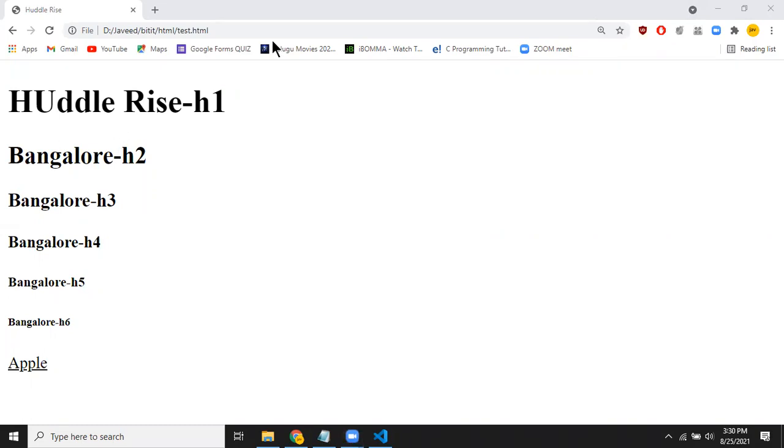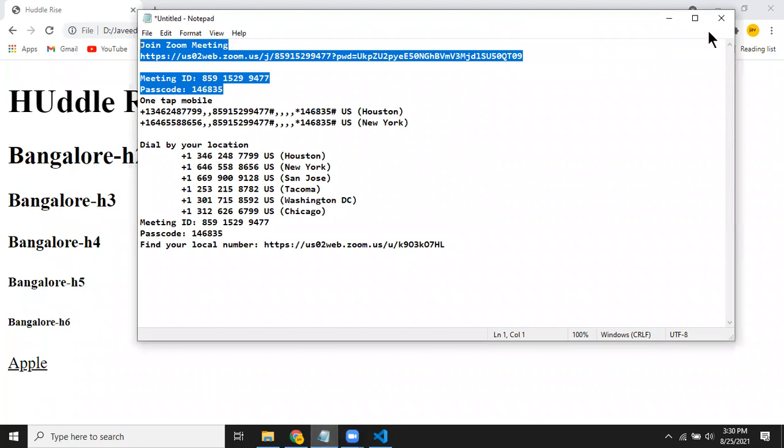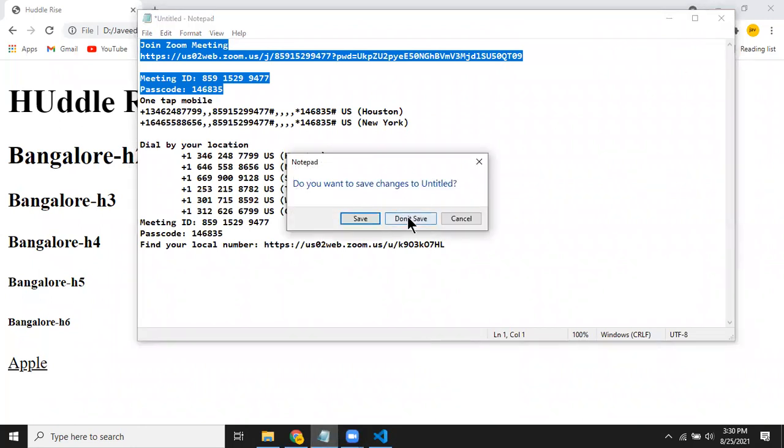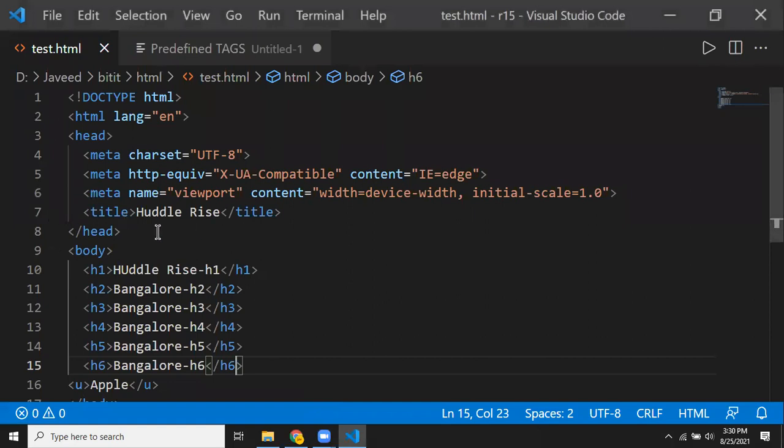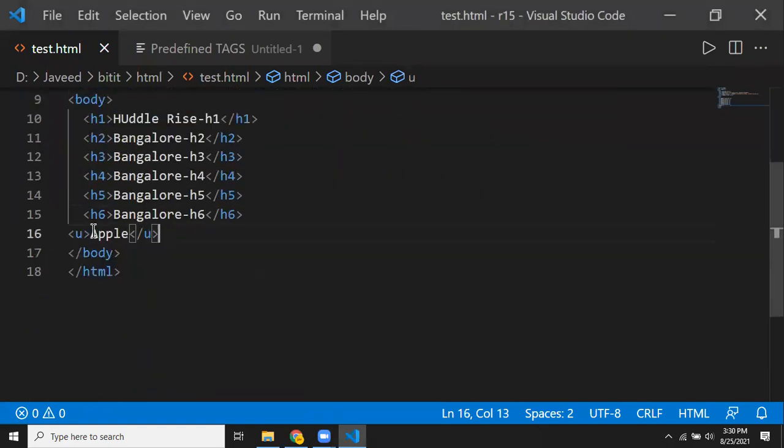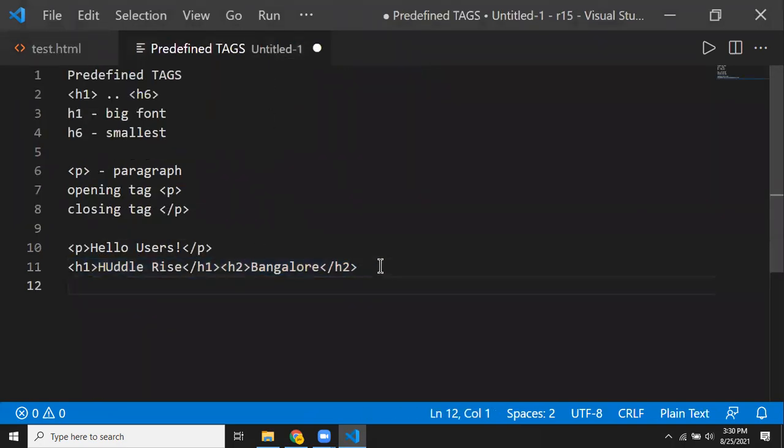Okay, this is how the H1 tag to H6 tags are going to be there for us. As we said, we have another set of tags, like the paragraph tag, the H1 tag, and we have one tag called the U tag. So what does this U tag mean? U is for underlining. U tag is for underline. So whenever you want the text to be underlined, you're going to use a U tag. Open the U tag and close the U tag. Whatever text is placed between the opening and the closing of the U tag is going to be underlined. We call it underline.